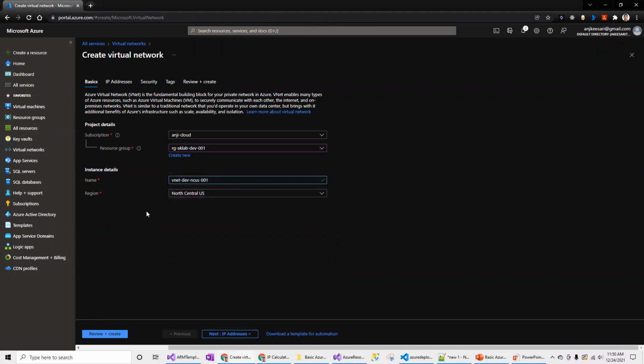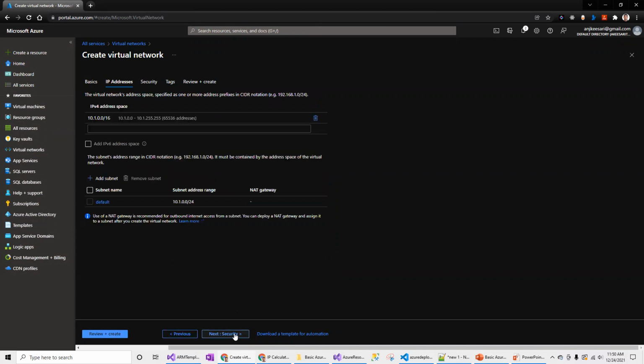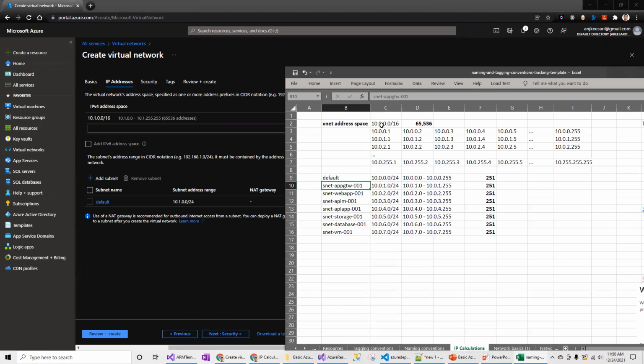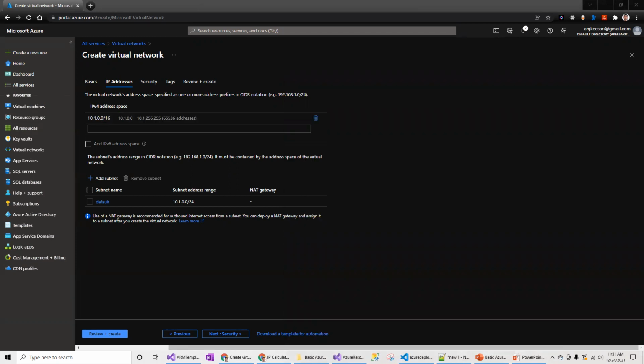So this is the virtual network I decided to create, and which is going to be in the North Central, and then next. So by default, it is coming up with the 10 series. That is exactly what I have planned to create, 10 series. I can leave it the way it is, or I can change my Excel sheet. So I think either way, I'm fine with creating, because /16 means the first two numbers are anyway reserved for the network ID. So this is my address range.